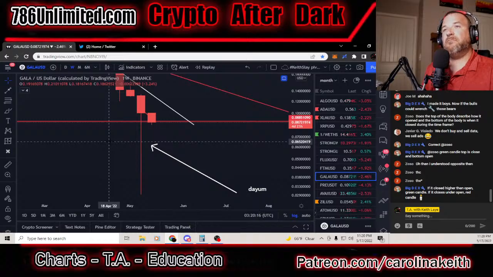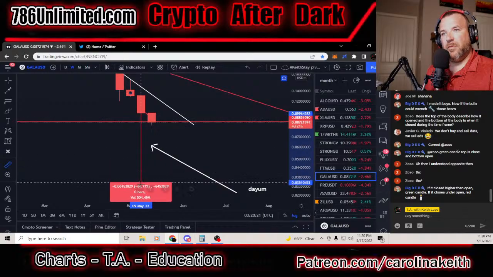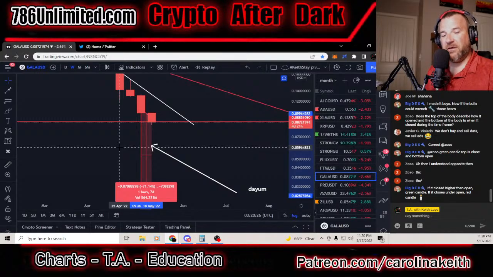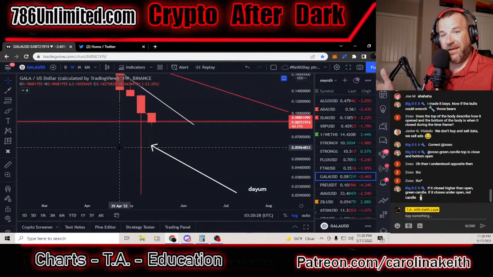Okay? How big is the wick? Look at that wick. 71%. 3 times the size of the body of the candle. What does this mean? Well, this means that while the bears were trying to drive this thing into the mud, the bulls said, no, that's too far. You're not that far in charge. Yes, you can have your fun in the sun. You can do your shorts, but I need you to understand we're not playing that game. You can have a piece of the pie, but you don't get the whole pie.